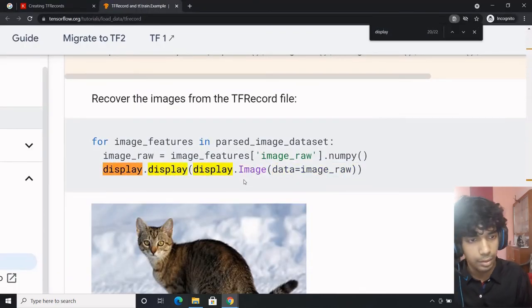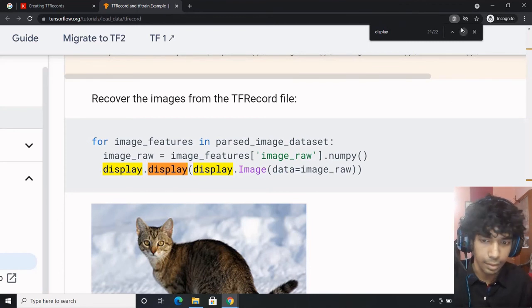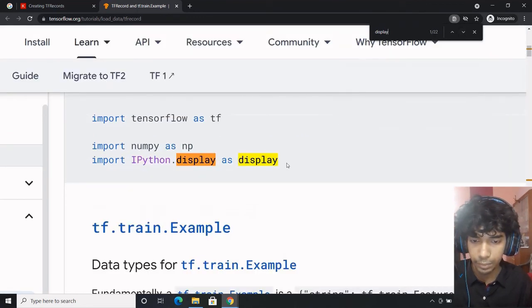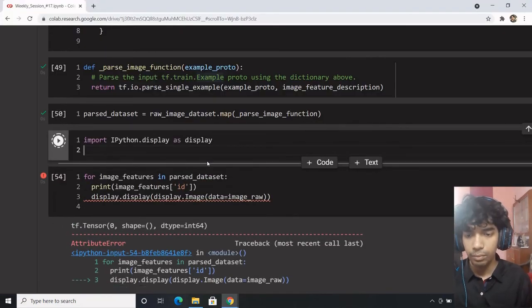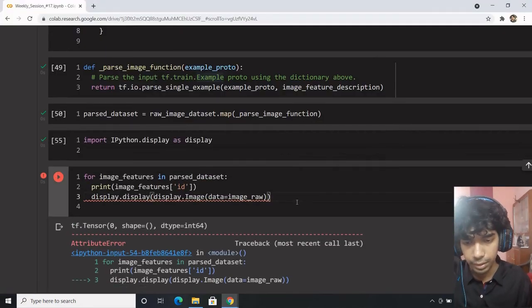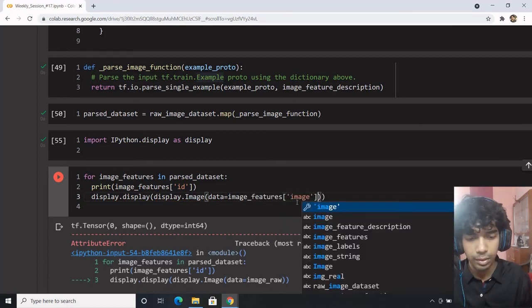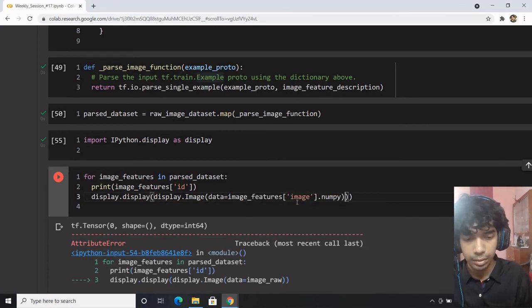I need to learn what exactly the display thing is. I usually don't use display, but it's quite popular with IPython. One lecture on display in the near future. This is nothing but your image features image dot numpy.